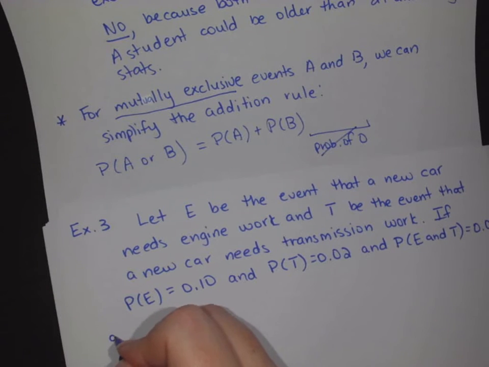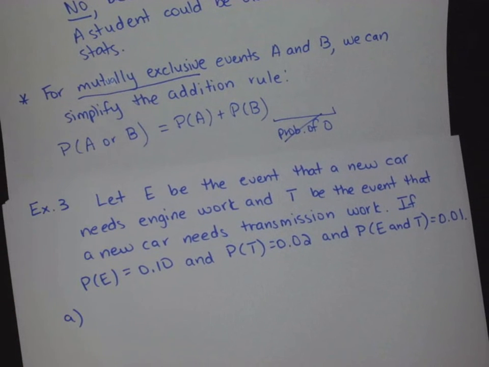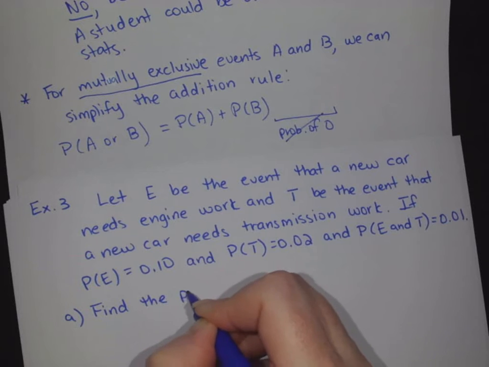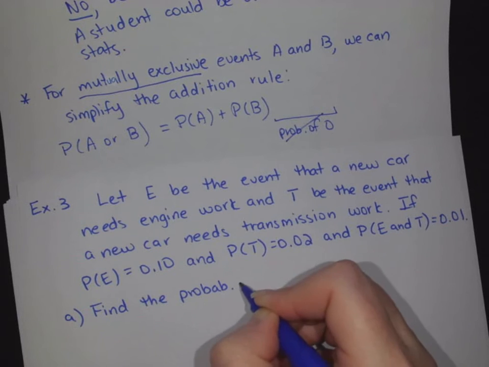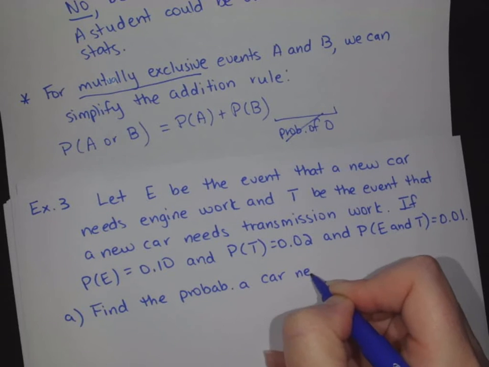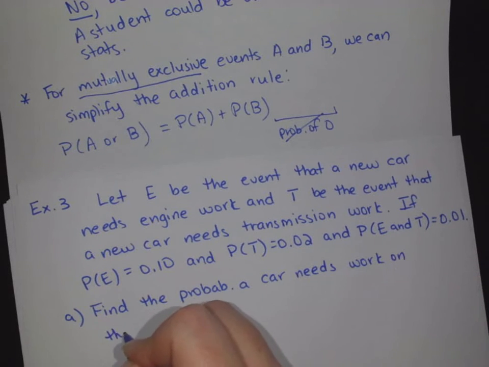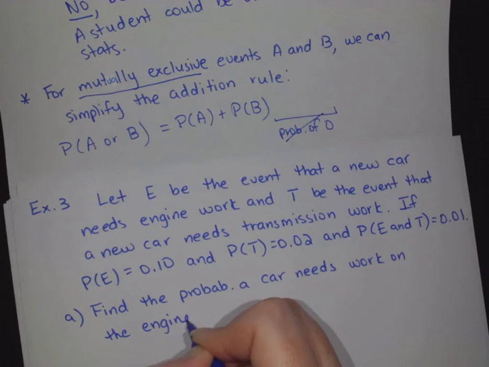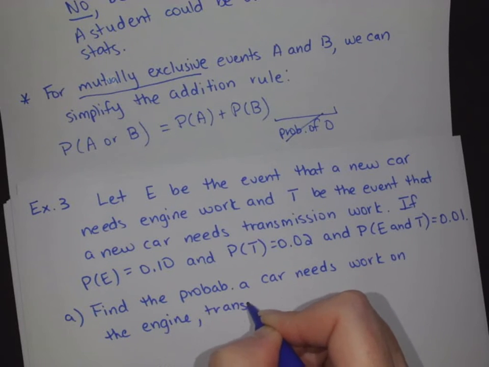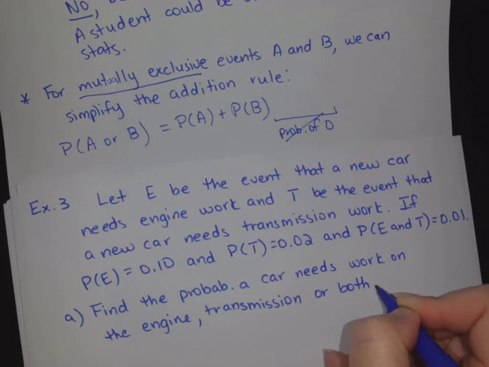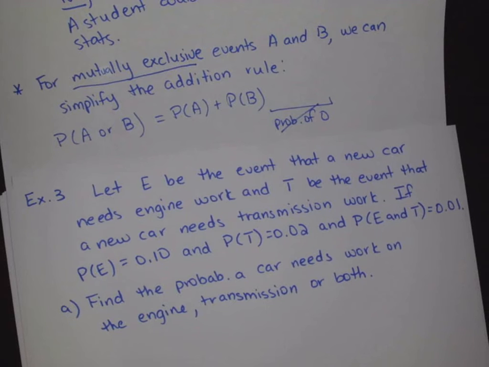Okay, so given these probabilities, let's find the following results. I want you to find the probability a car needs work on the engine, transmission, or both. So when I ask you for the probability that a car needs engine work, transmission, or both, note that